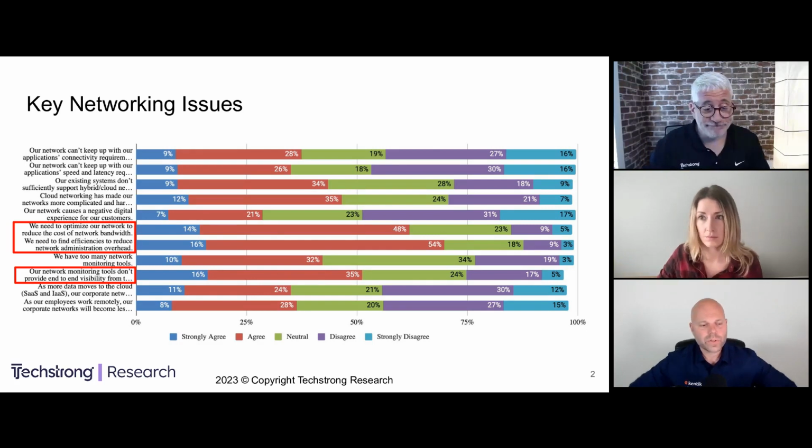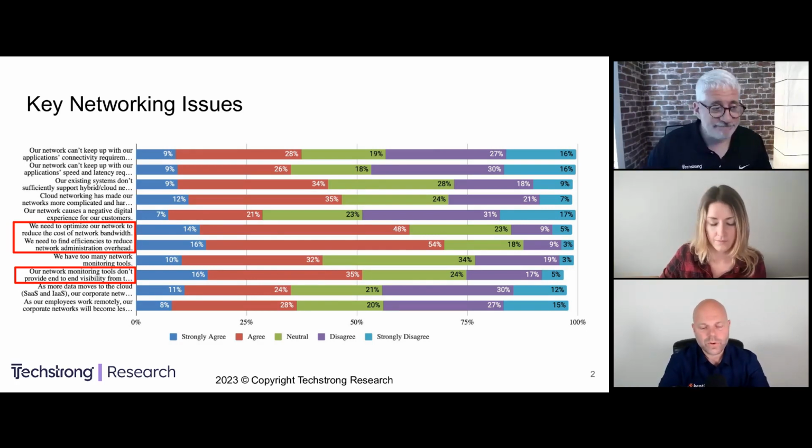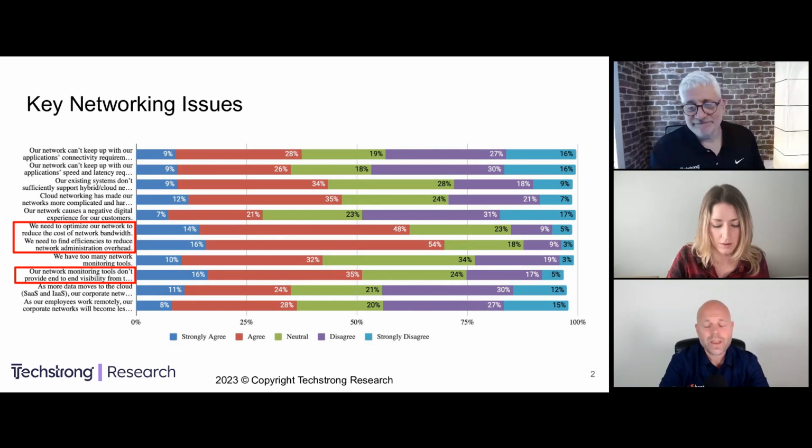Mike, I'm going to focus on the two that you circled there in red, but I'm also going to harken back to what you said in your introduction. I think you understated the importance of the network, right? It's always there. Yeah, it's kind of like plumbing in my house. I don't care that much about the plumbing. I care about the water that comes out of the faucet. That's what's important to washing the dishes and doing the things that we do. But my goodness, when that plumbing doesn't work, then it's all over. We're in crisis mode.